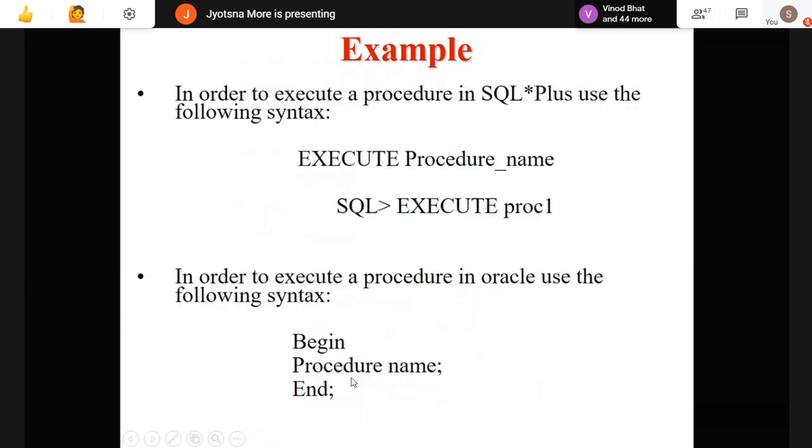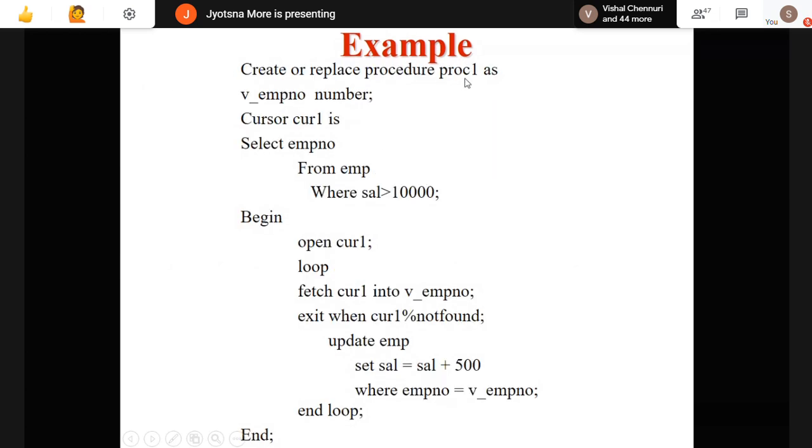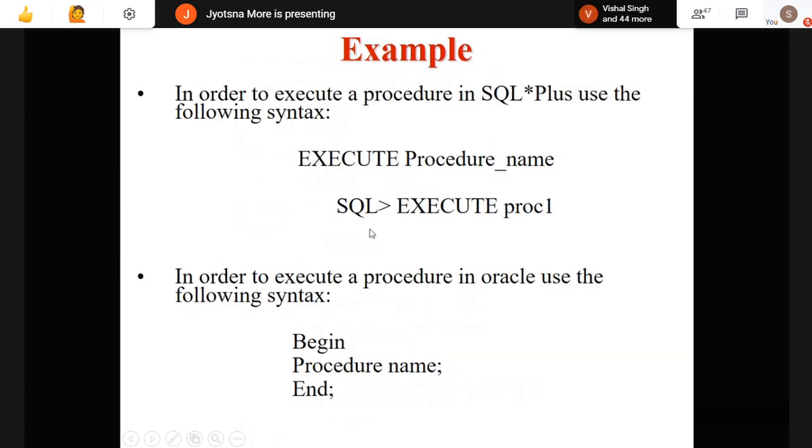That is one example of a procedure. To execute the procedure, use its name. For this, my procedure name is proc1. So I have just written execute proc1. Then, in order to execute a procedure in Oracle, I have added one more example, where you have to write begin and end, and in between them you write only the procedure name, proc1. For SQL, you have to write execute followed by the procedure name. Okay, we will create the procedure during the practical session. Meanwhile, you should know the theory part for that.